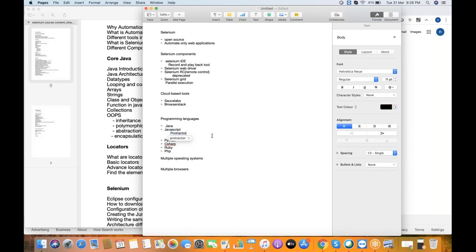If you see the code of an application developed in AngularJS, there are some tags like ng-model and ng-binding. Those kinds of tags are not supported by Selenium Java. So protractor additionally comes with support for those kinds of locators. For that reason, and to handle the asynchronous part, they generally use protractor.